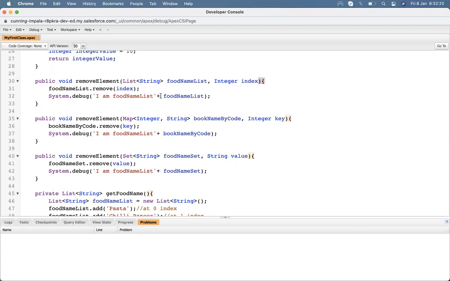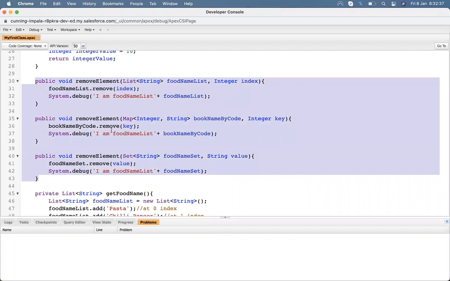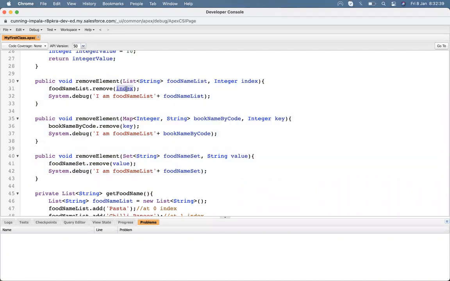On the basis of parameters, it has to perform something else. These three methods, on the basis of parameters, do their own job.